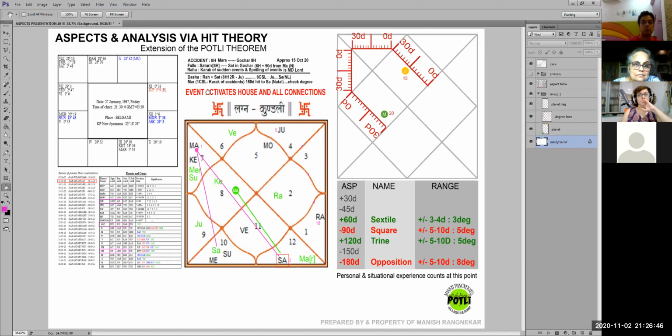Now if you see here, this is the basic data that you need to understand in your mind itself if you're going to do calculation on the go. But anyway, we can write it down also. So accident, if you remember, I told you the 8th house is the house of obstacles, operations, accidents, sudden happenings, plus or minus. So this is basically the 8th house. Your first focus should go on the 8th house. You understand? First focus should go on the 8th house.